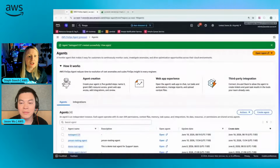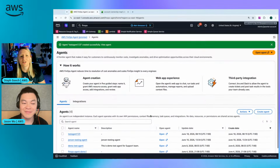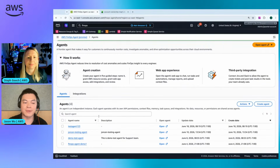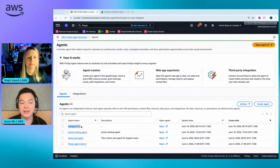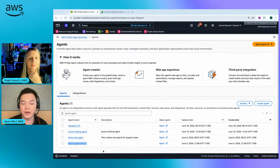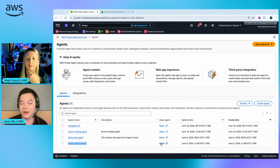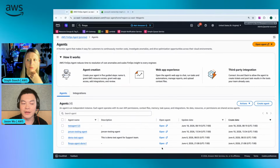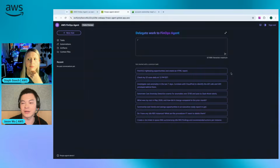So let's get into using it. Let's start with some simple stuff that we can use this for. Yeah, sure. So once you set up an agent, like the first one we created, and this one as we demoed that we skip the Jira integration. Actually, I have the previously created FinOps agent with the Jira and the Slack integration. You can just simply click the open button here, or you click the open button here that you can select which agent that you want to go. And in here, I'm going to the FinOps agent demo